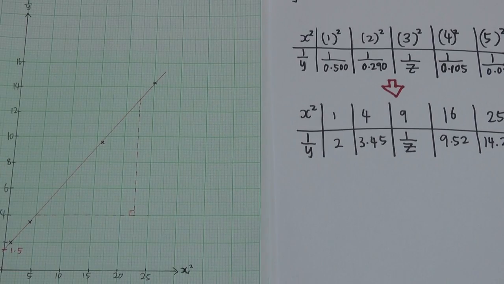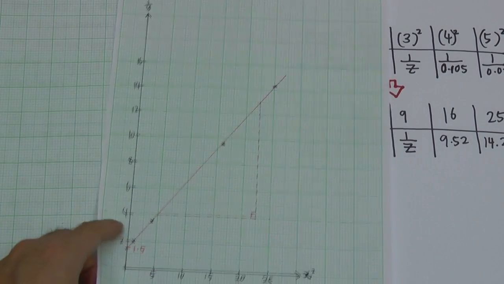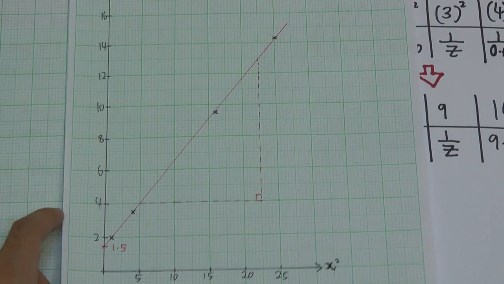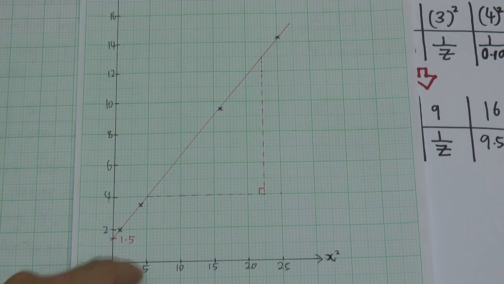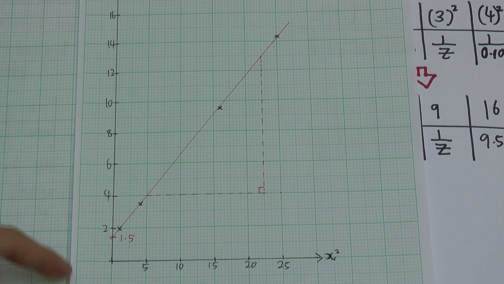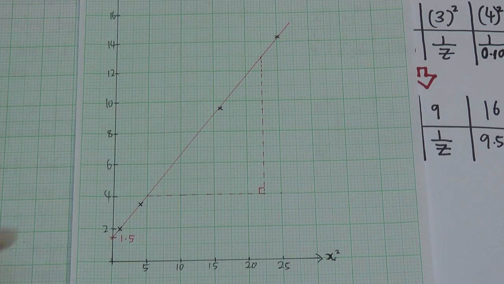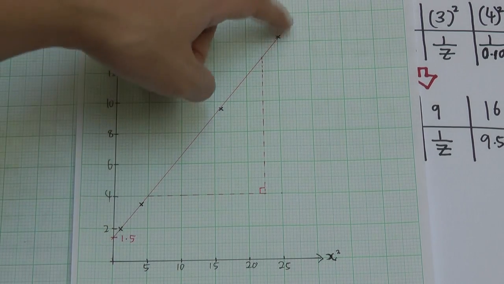Let me zoom in a bit. Let me put on the middle. Alright, so I will have something like this. So you can see that I use 2 cm for 5, right? Alright, then what I need to do is, I will plot all the coordinates and then I'll draw the